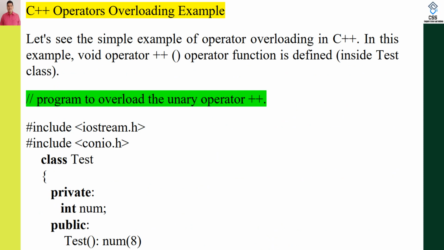Now, in this session, we want to overload two operators. One is unary and one is binary. Accordingly, the other operator you can overload. See, you have taken class Test and its member is num, and you have taken a constructor where the number value 8 is stored. You can write the Test function definition followed by num equal to 8 or num bracketed 8,